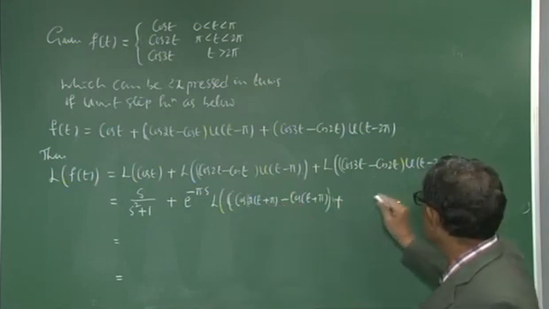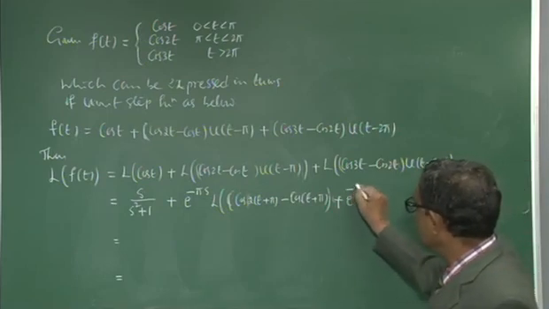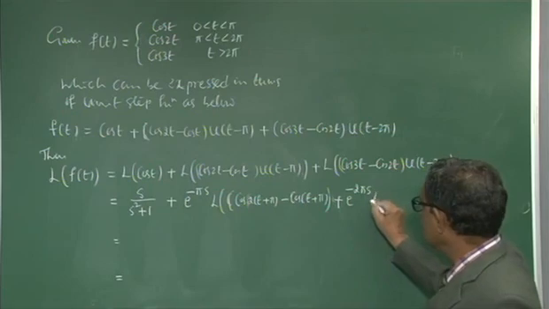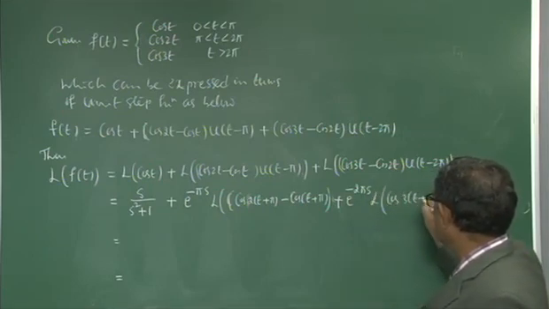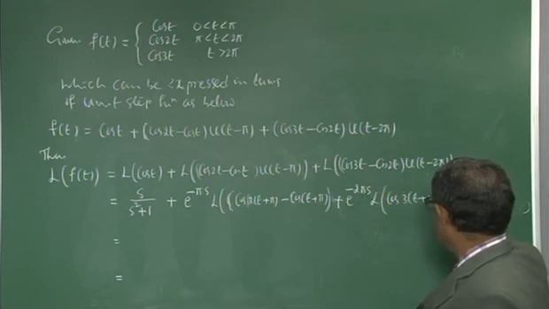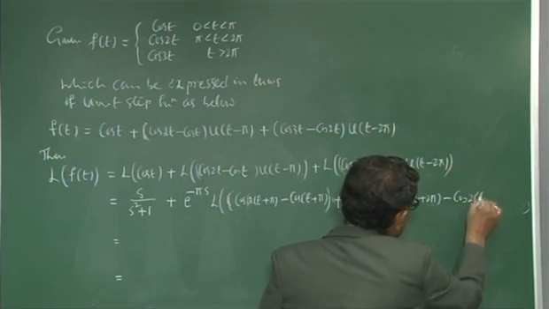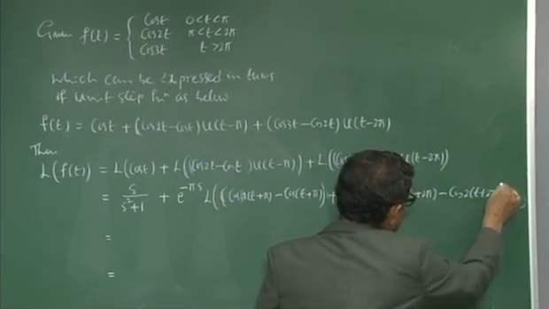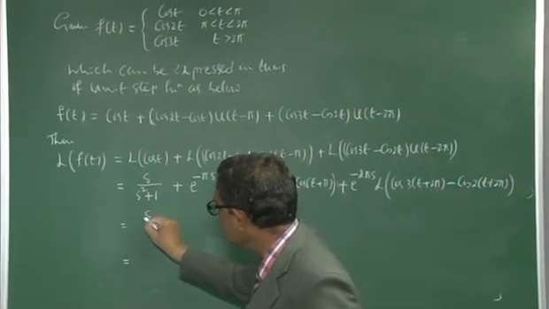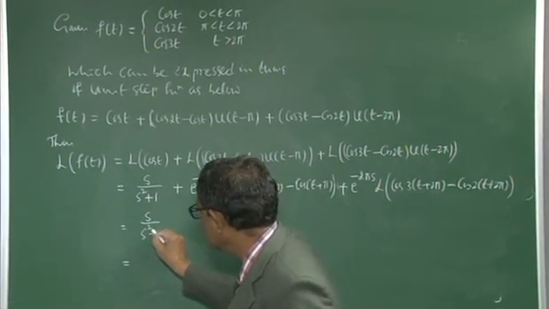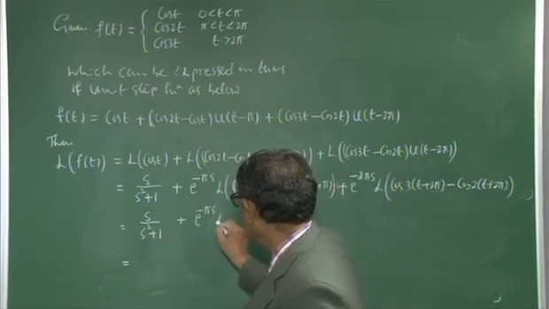Then the second term, u(t minus a), here 2 pi: e raised to minus 2 pi s, L of cos 3 into (t plus 2 pi) minus cos 2 into (t plus 2 pi). Now, simplify. What will you get? The first term as it is, there is no change, plus e raised to minus pi s, L of